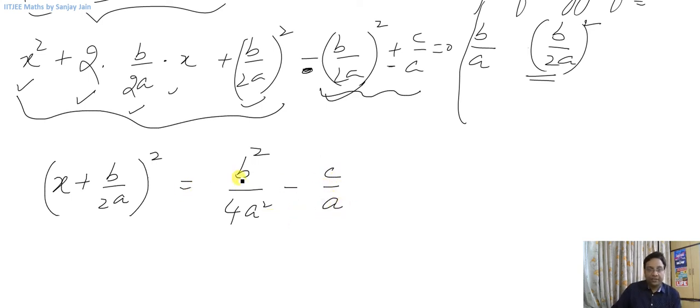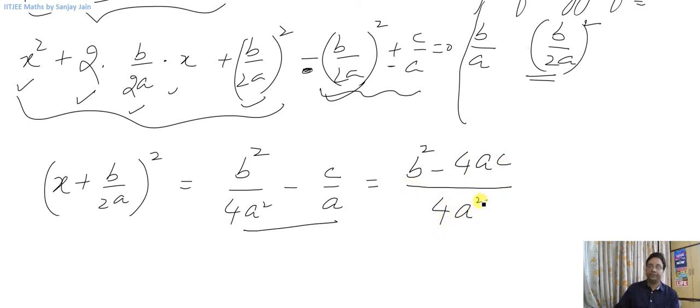Okay, now the right hand side can also be written as b square minus 4ac divided by 4a squared, right? I've taken 4a squared as LCM on the right hand side. Okay,